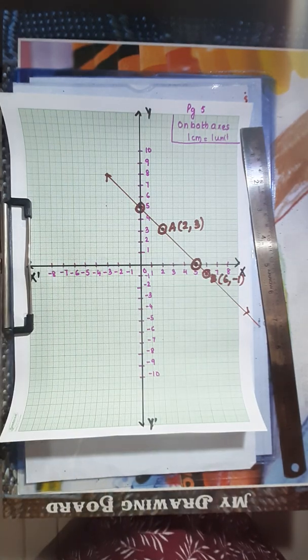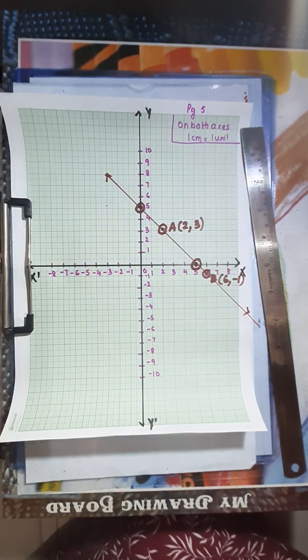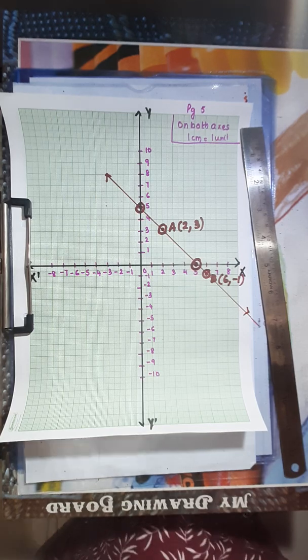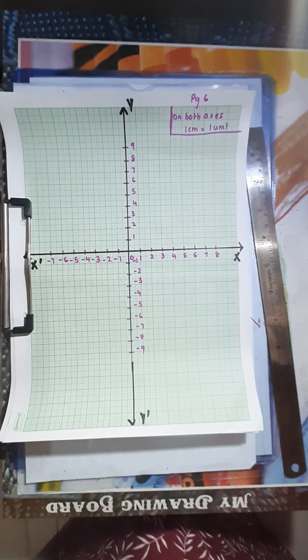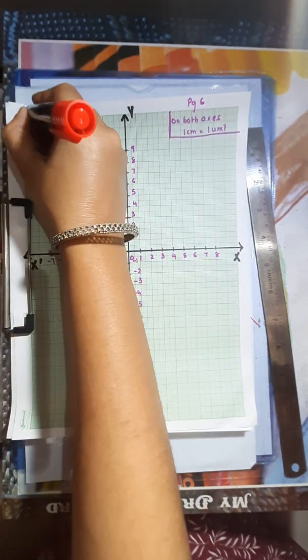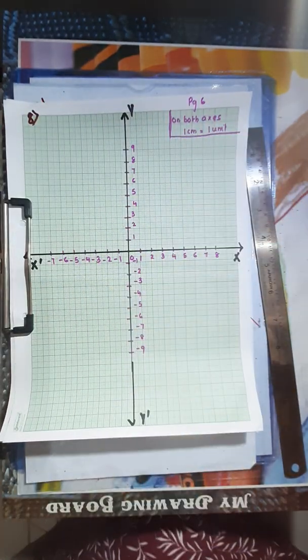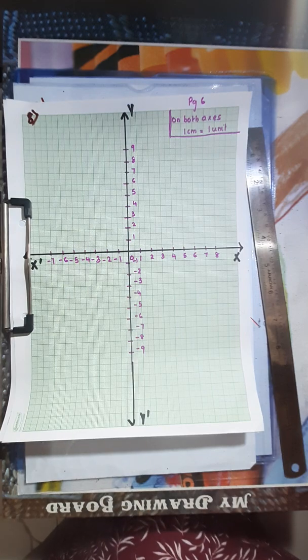Right? Now, next one. This is my graph paper, for my question number 8, graph paper page number 6. Draw the graphs of the following equations on the same system of coordinates. Write the coordinates of the point of intersection. Okay. So, first one is